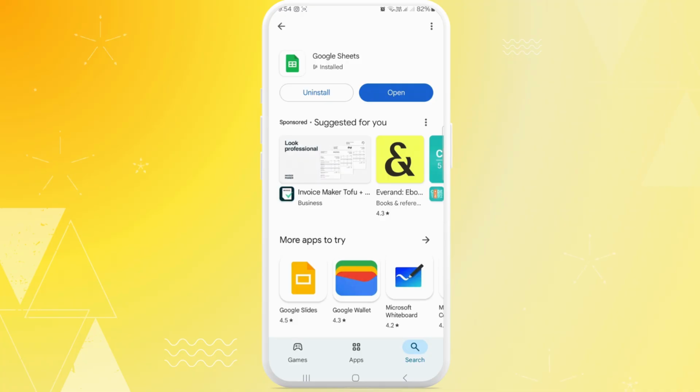Are you ready to spreadsheet from anywhere? Install it, sign in, and